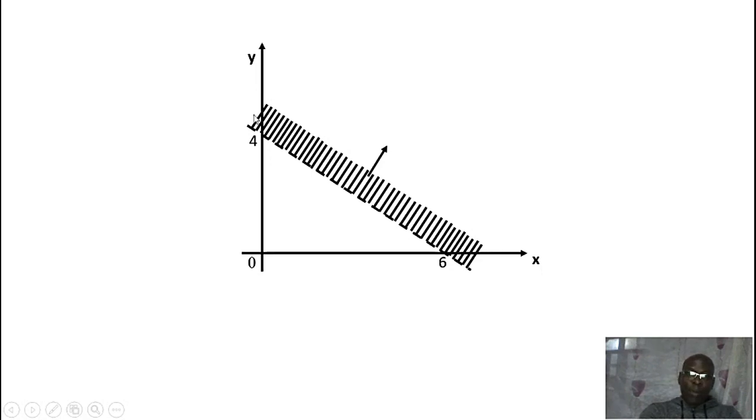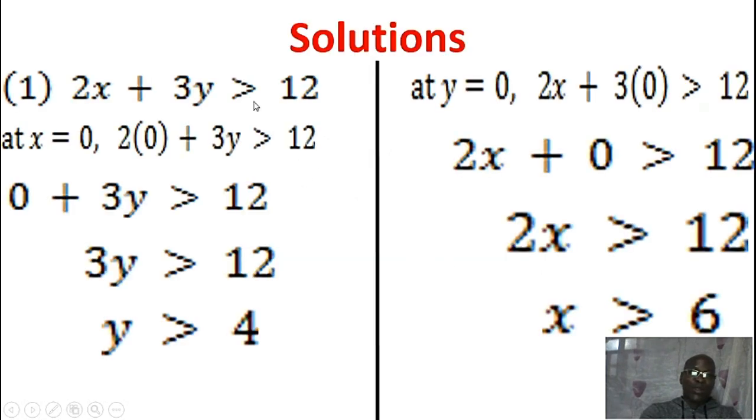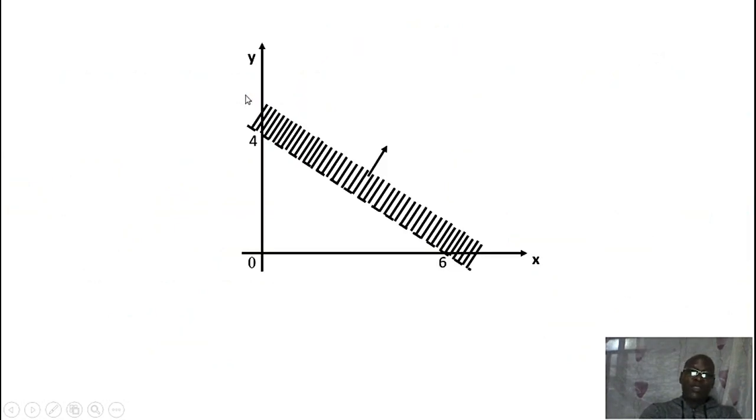So we join the points with a straight line which must be dotted because of what? The inequality does not contain a sign of equality. It is strictly greater than, so we say only greater than, no equal to, and you go ahead to see that we are using a dotted line here. Then shading will go upwards. That's why I say don't put equal to there so that you will not get confused.